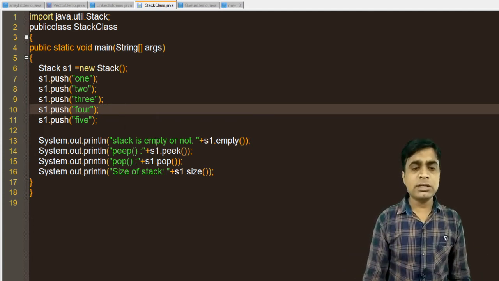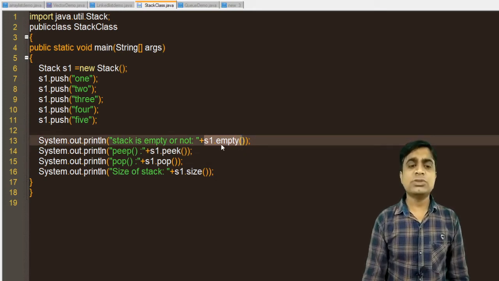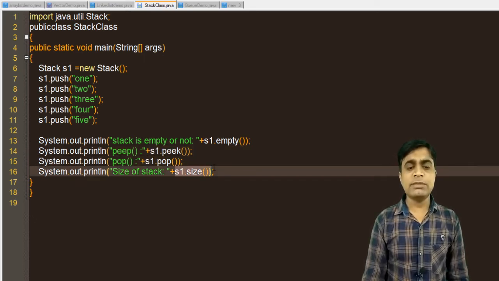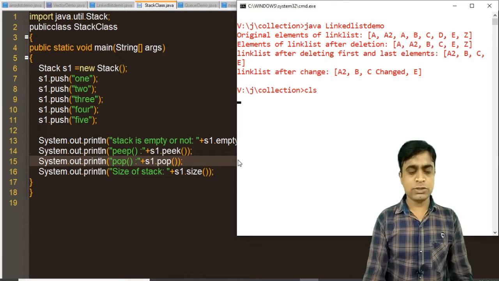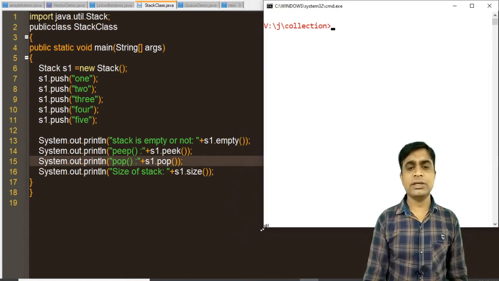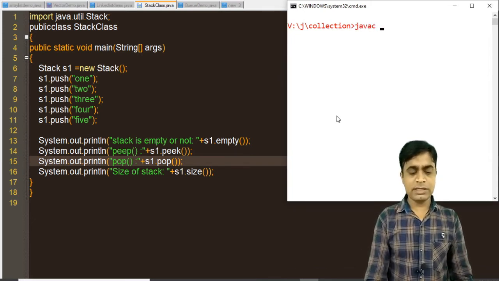Now the s1.empty method tells whether the stack is empty, so this will return false. s1.peek shows what the top element is, then s1.pop, the last element will be popped. I will show you the output first, then you can easily understand the code. Now javac Stack class.java.